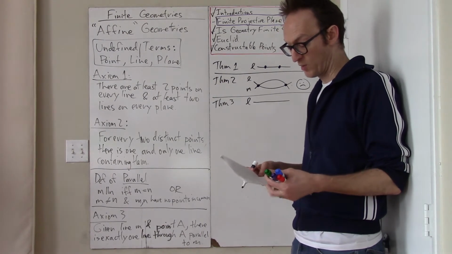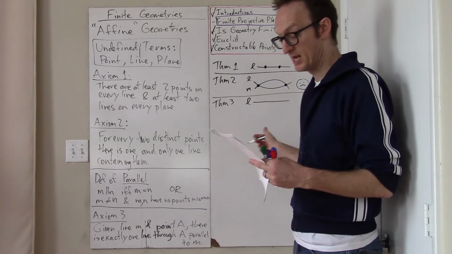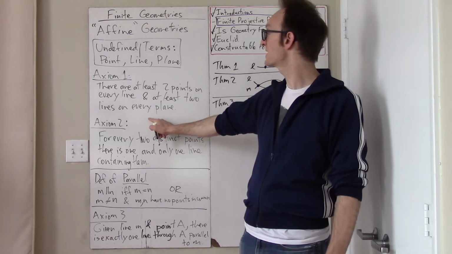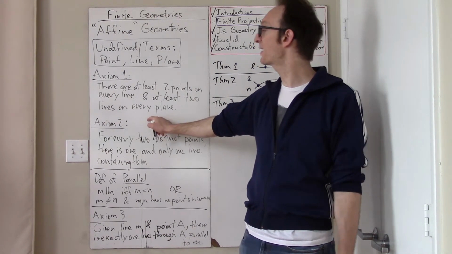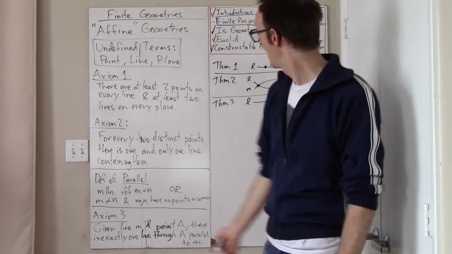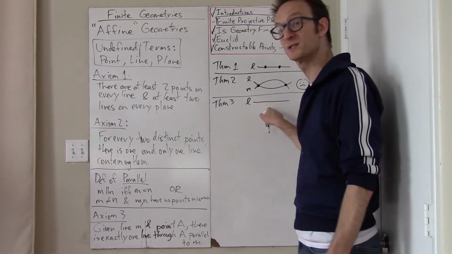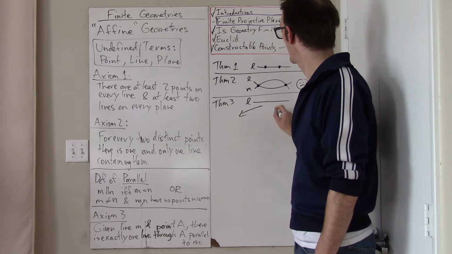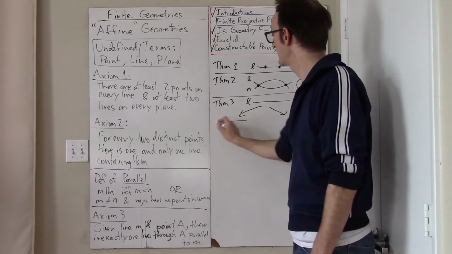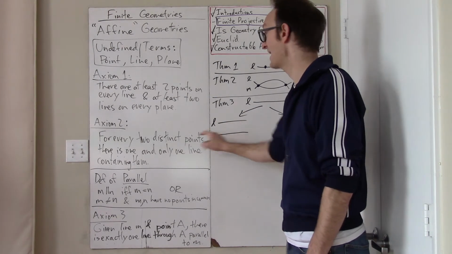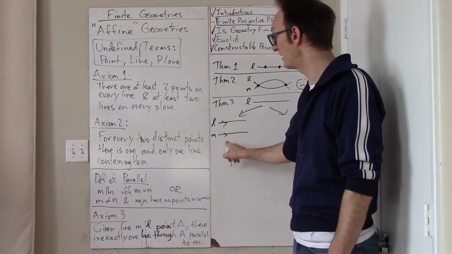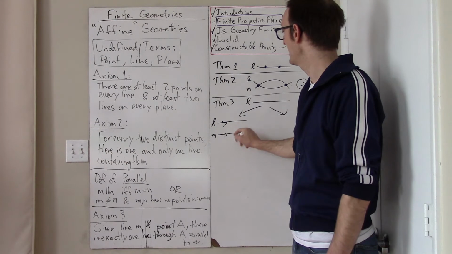So now what do we do? Oh, yeah, duh. We invoke this axiom 1, which says there's a bunch of stuff. In particular, every plane has two lines. Well, if every plane has two lines, and L is one of the lines, then there's always got to be another line. And what are the options? The options are this other line that axiom 1 stipulates must exist could be a line which is parallel to L, in which case